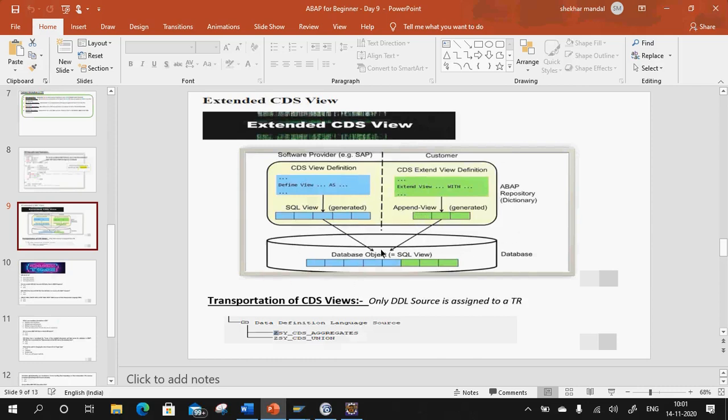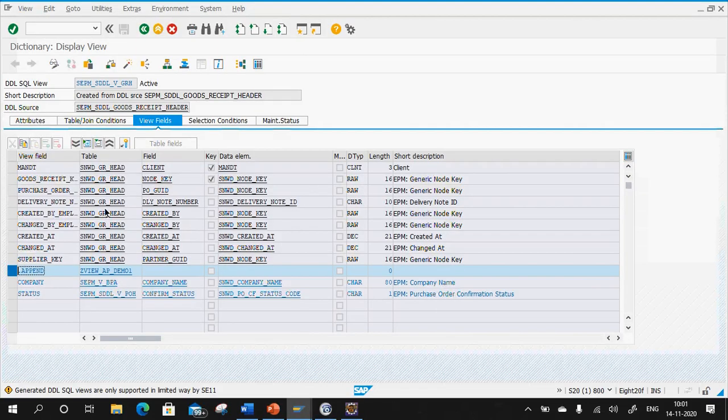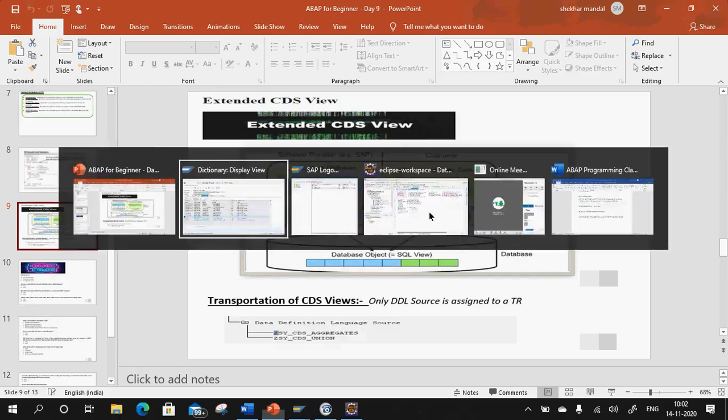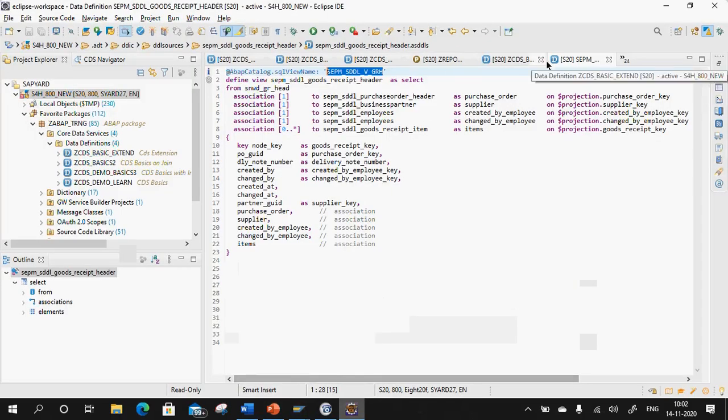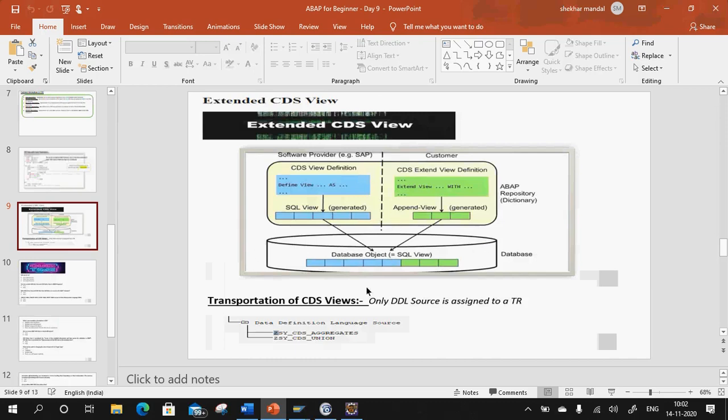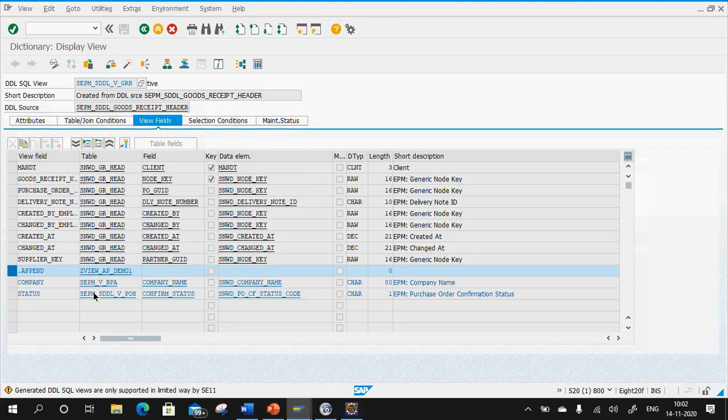If you go to this representation of the data object, SQL view name, this append view name is what is stored at the database, and this is what you saw here. This was the SQL view name with respect to the DDL source, and this is what was created when I did the CDS view extension. Referring to this diagram, there is the SQL view name generated earlier and the append view name which I generated just now. If you combine both, this is your representation at the database object, and you are seeing the same here.